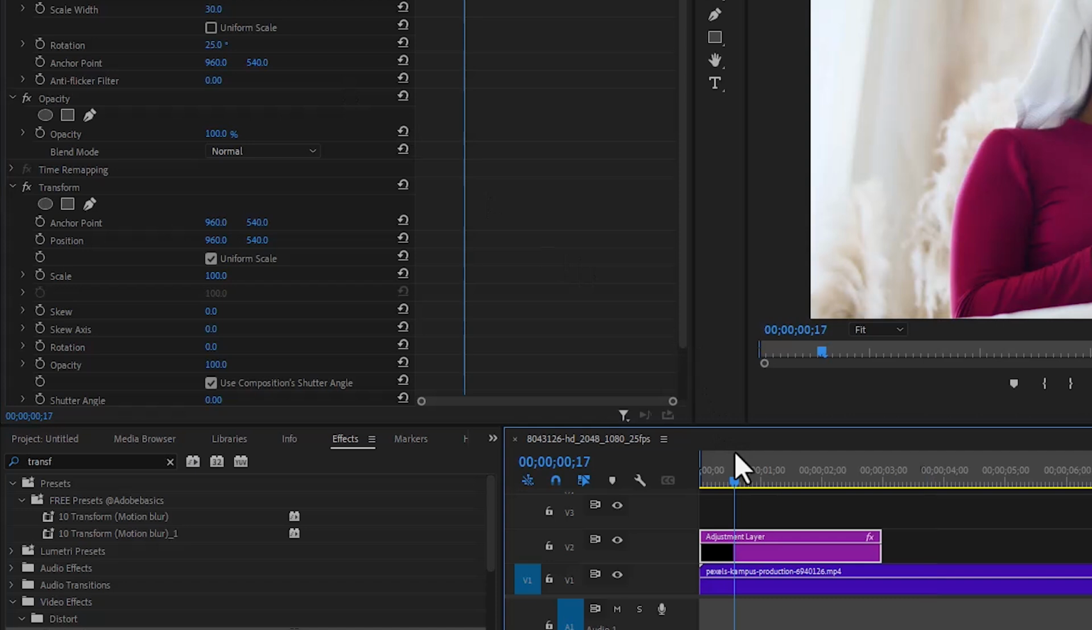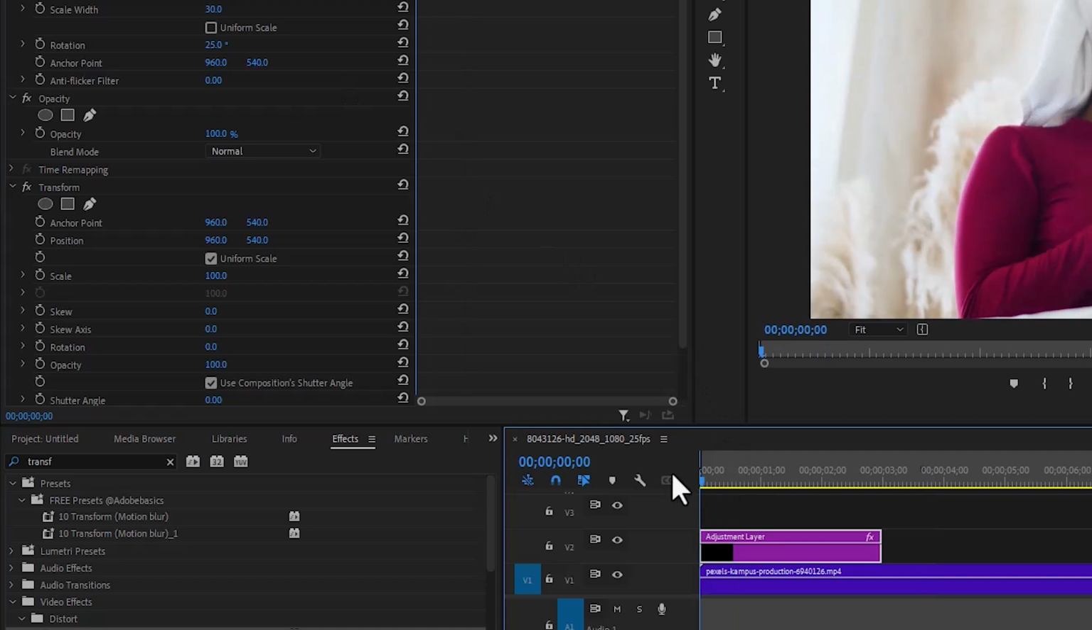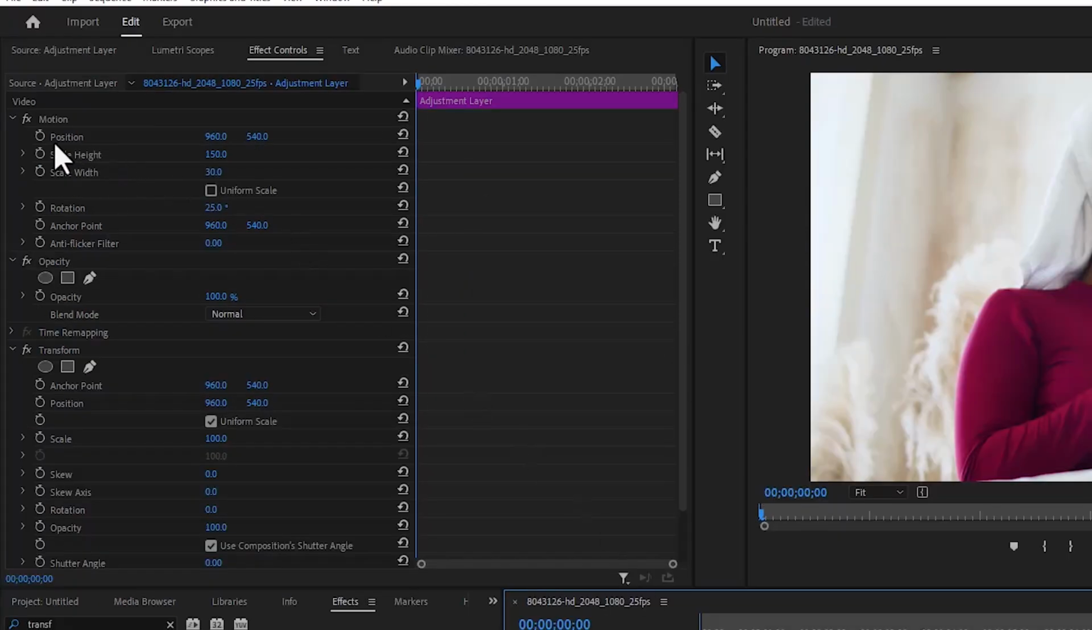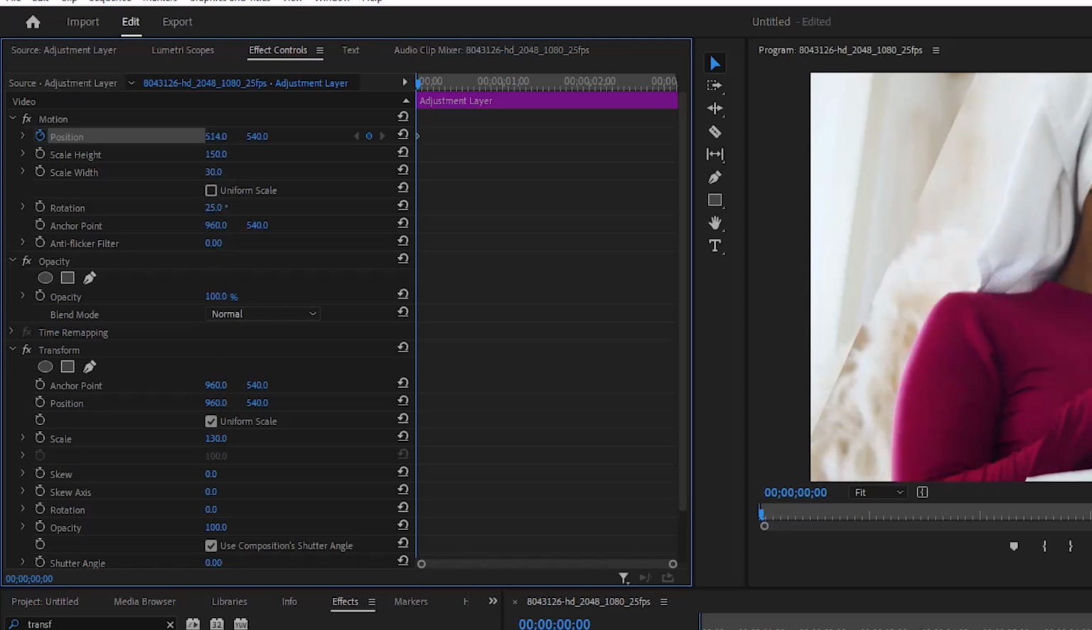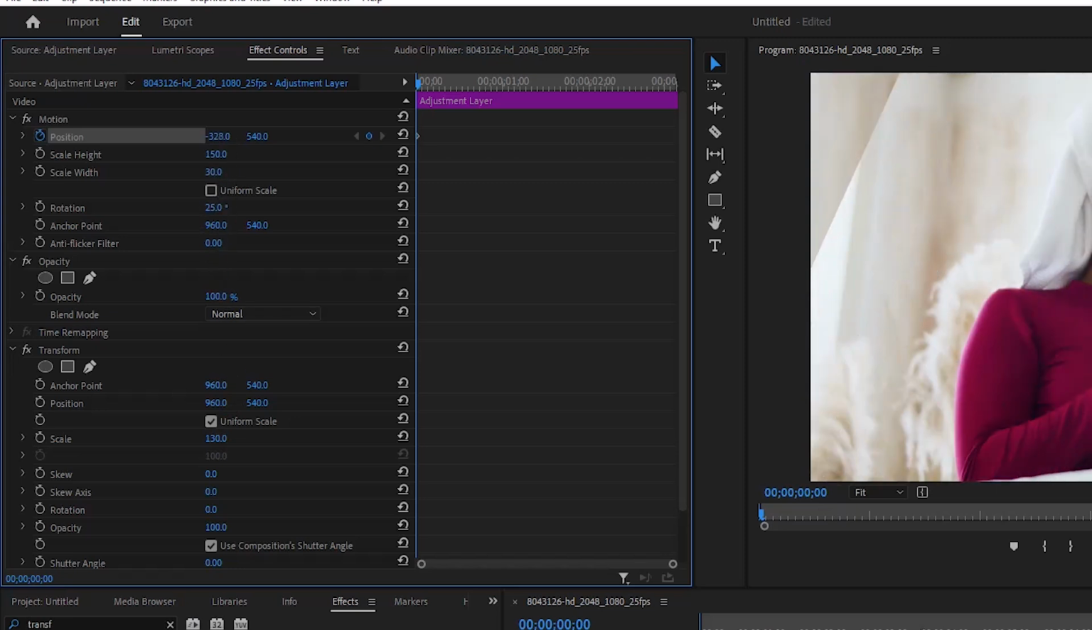Next, move your playhead to the start of your adjustment layer over here and toggle on the stopwatch next to Position, and scroll down to Transform and adjust the value for scale under Transform to 130. Now scroll up and adjust the X value for position until this bar is no longer visible on your screen